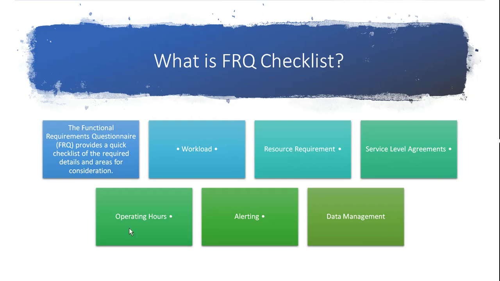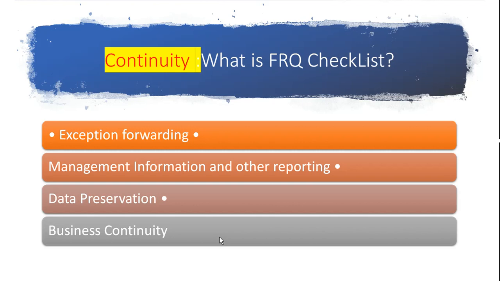And operating hours, so how the schedule, job, and alerts are set, and how the data will go to SharePoint or a shared folder or a database. So these kinds of things. And exceptions, what type of exception, and MI, management information. Management information is nothing but all the business-related information stored as an MI dashboard. So in Blue Prism, you have an MI dashboard. You can go and check that.